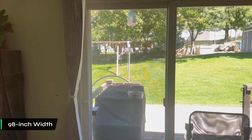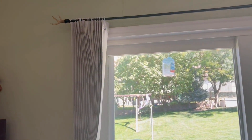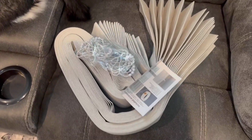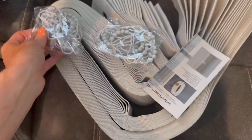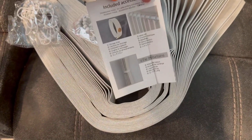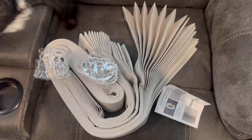The 98-inch width fits openings from 61 to 78 inches, and you can choose from 3 different lengths depending on your space. Installation is refreshingly simple since you're dealing with one piece instead of multiple panels or slats. The accordion design means it takes up minimal space when folded back, and the fabric is wrinkle-resistant and easy to maintain. What really convinced me was how this gives you that modern look while solving multiple privacy needs throughout your